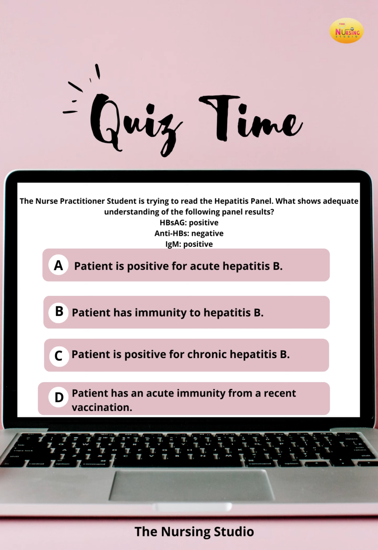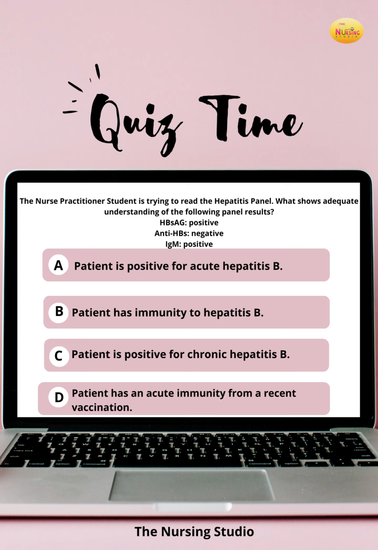All right, so we're reading the stem of the question first. So, what shows adequate understanding of the following panel results? So, again, we're talking about here the Hep B results. We're trying to see that the nurse practitioner student has a clear understanding. So, it's showing that the hepatitis B surface antigen, so the HBsAg is the surface antigen. I always say the little s, think of that for surface, and the Ag is for antigen, right? And so that's positive, and the anti-HBs is negative. I always tell y'all to look at this because the serology is much longer than this typically. But if you can hone in on those two, you can quickly identify